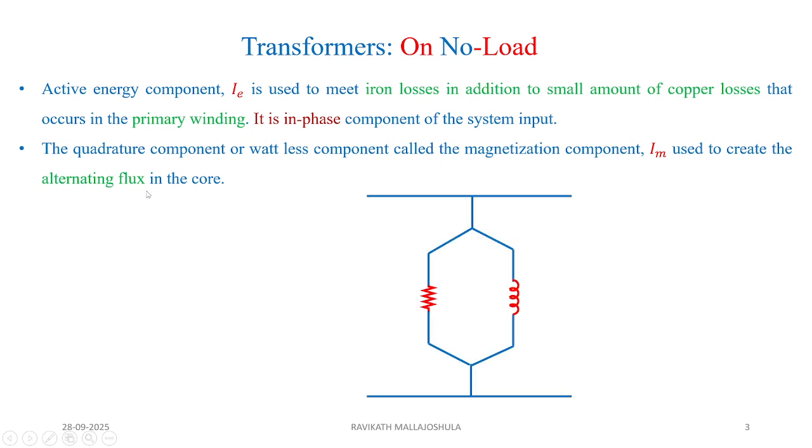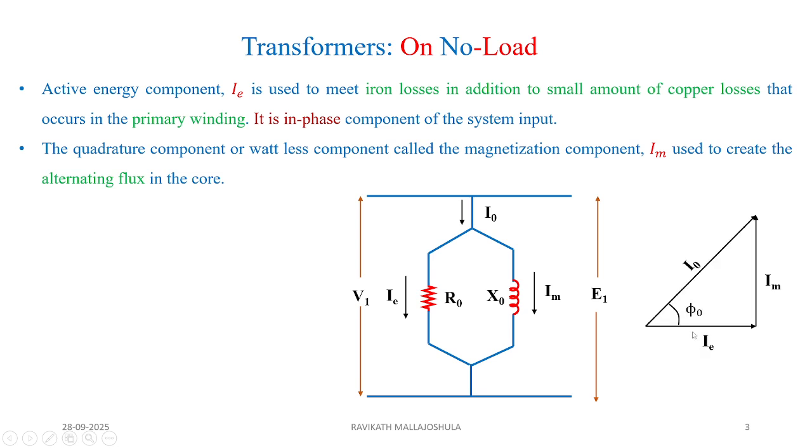If at all you look into this particular diagram, you can see we have V1, which is supplying the no load current I0, and this is the composition of the active energy component IE and the quadrature component IM. Now this is nothing but R0 and X0. We are treating the values as resistance and inductive reactance, which are nothing but a kind of RL load at no load conditions. Now V1 is equal to minus of E1, what we already have seen according to Lenz's